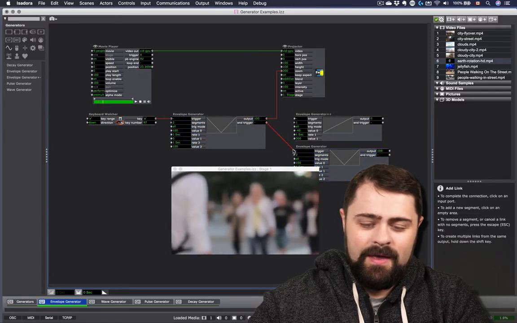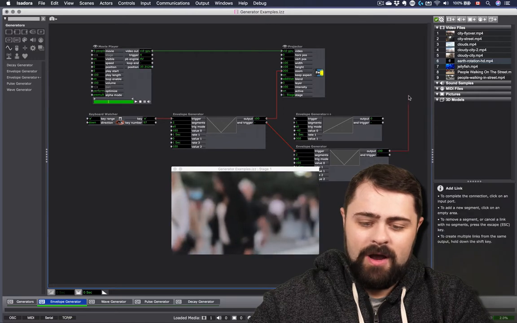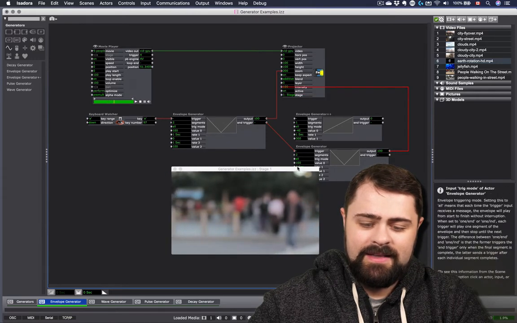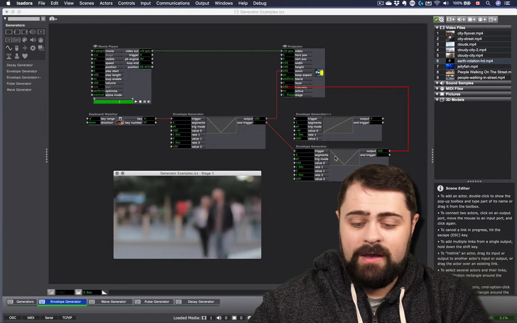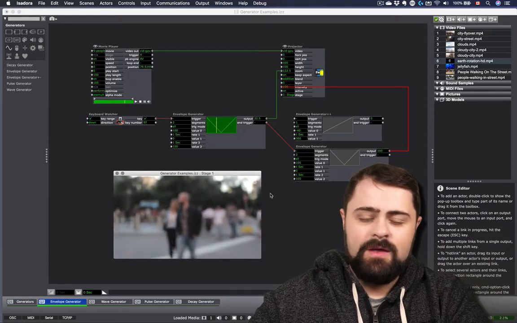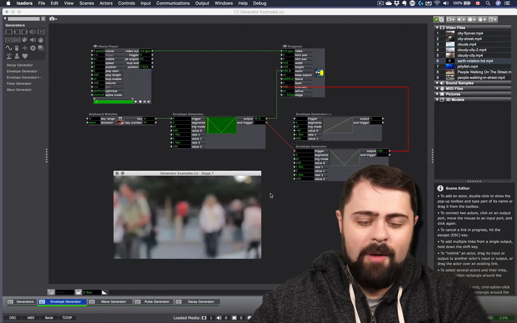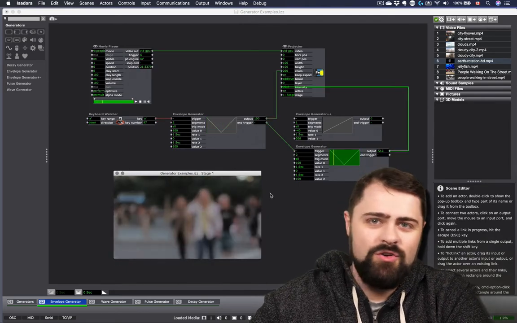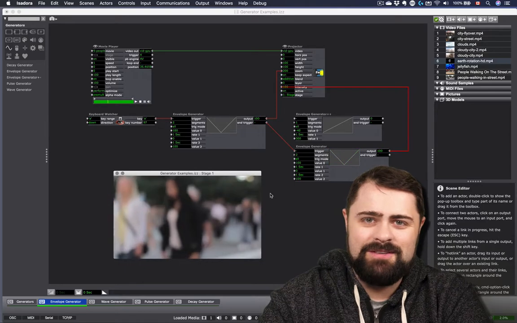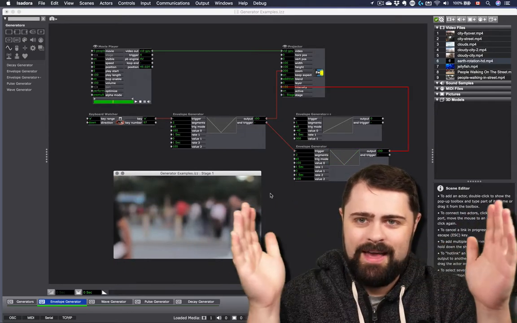This end trigger could be used to create sequences of various triggers, and in some cases, triggering another envelope generator, like so, perhaps connected to the intensity and bringing the whole value down again. So we can actually create chains of envelope generators operating in an interesting way to create several segments of various effects that we can lock together.